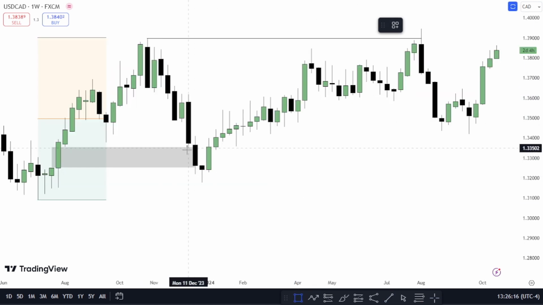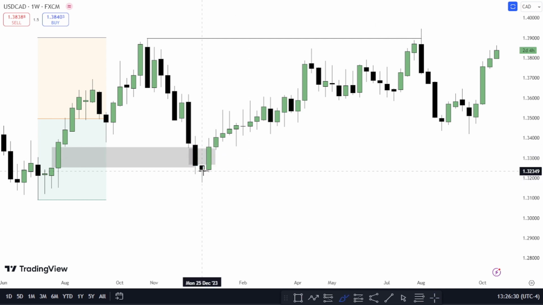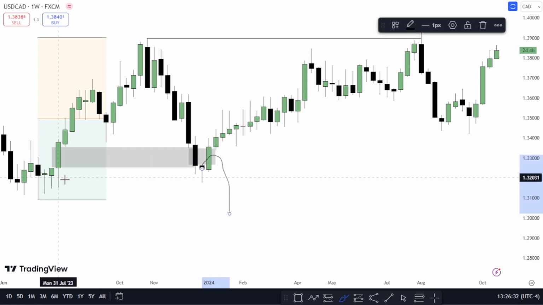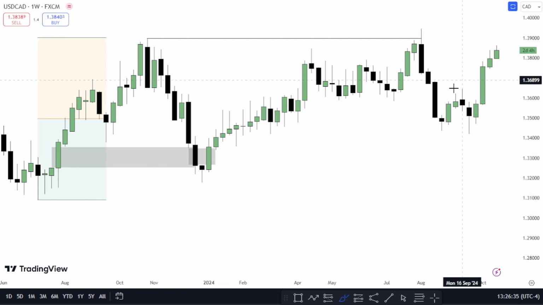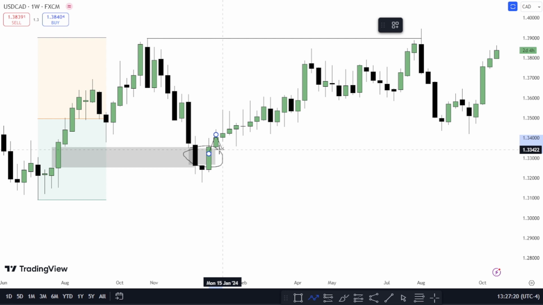Here you can see price also create a bearish fair value gap here. Sometimes price can react from this fair value gap and can take this liquidity also. So to frame a high quality setup, we will wait for this fair value gap to fail. Like here we have a bearish fair value gap. We will wait for price to break this fair value gap, and then we will look for long entries toward